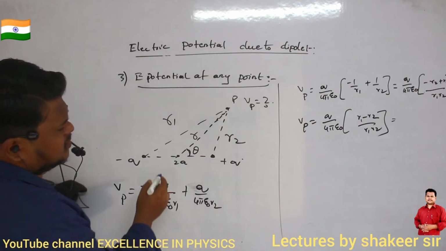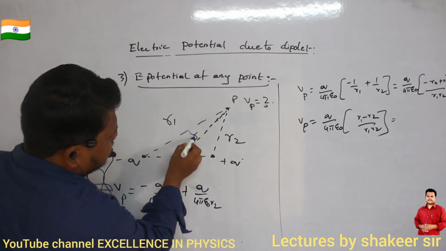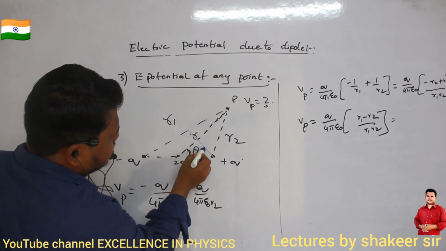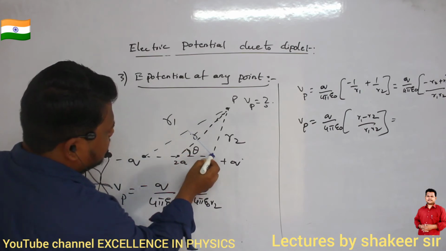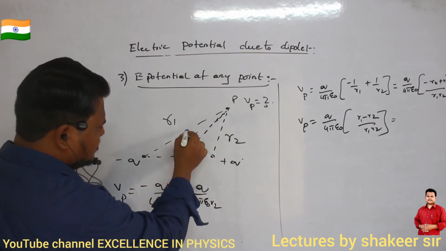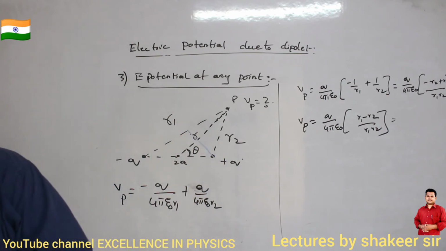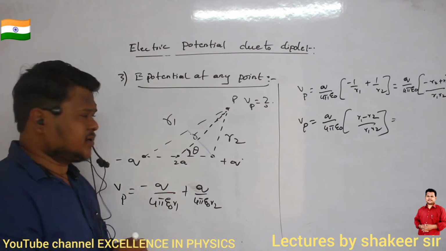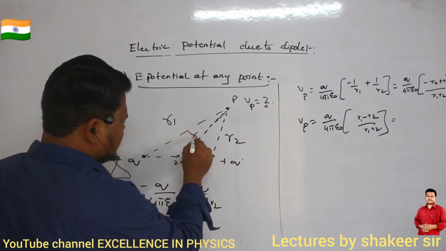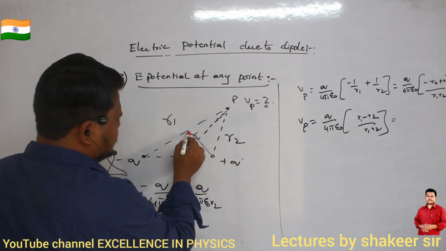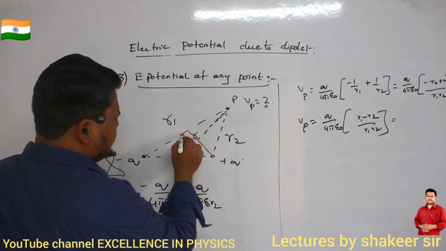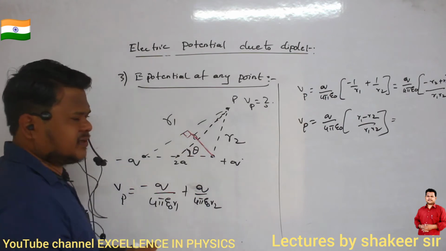So from R1, if you draw a perpendicular, are you able to understand, ma? From this R1, are you able to see this blue color line? All of you are able to see this line? Clear, ma? So from R1, I am drawing a perpendicular which is making an angle of 90 degrees.